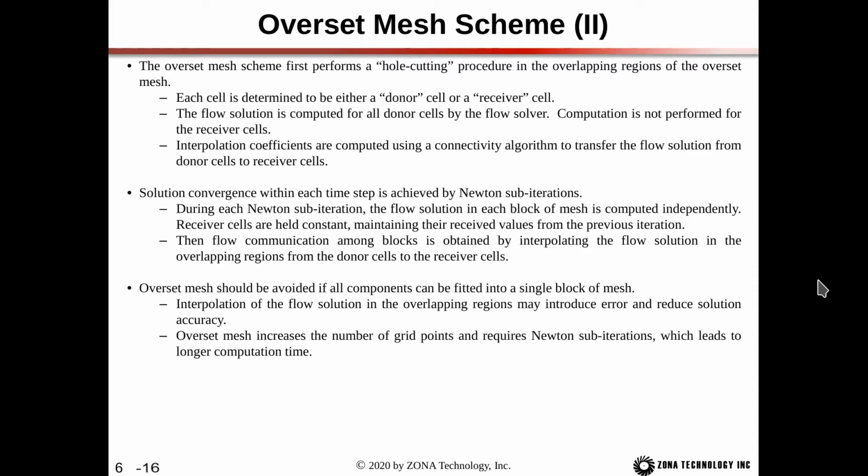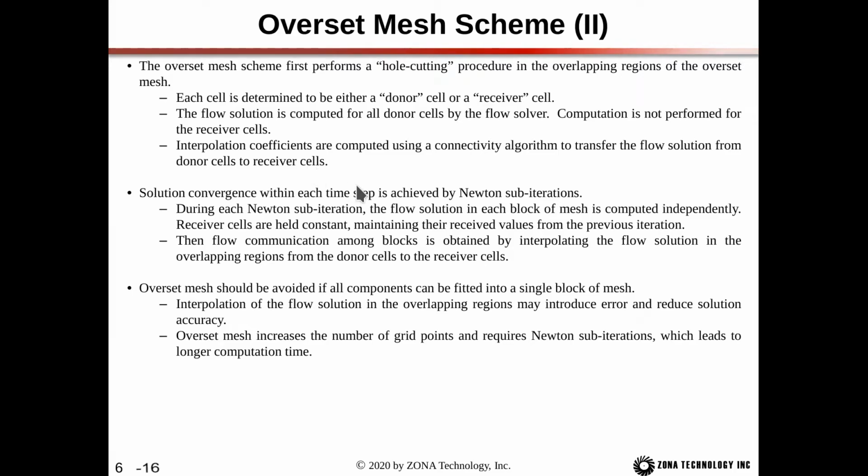Next, the Overset Mesh scheme first performs a hole cutting procedure in the overlapping regions of the Overset Mesh. So each cell is determined to either be a donor cell or a receiver cell. And the flow solution is computed for all donor cells by the flow solver. And the computation is not performed on the receiver cells. And then interpolation coefficients are computed using a connectivity algorithm to transfer the flow solution from the donor cells to